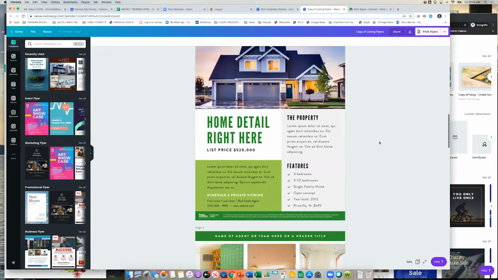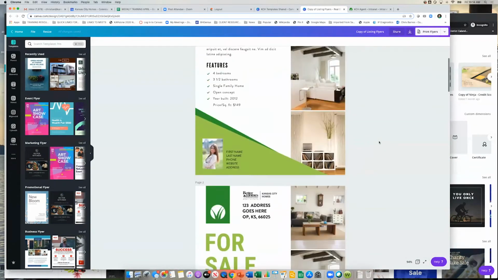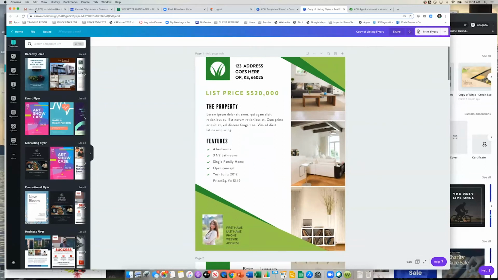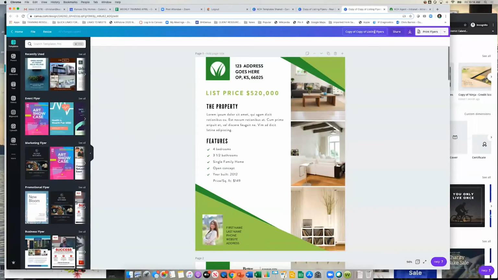First thing I want to do, I want to make a copy of this. I forgot to do that before I came in here. You can make a copy from here. If I go to File, I can make a copy. So it's going to open a second window for me. The first thing I recommend doing